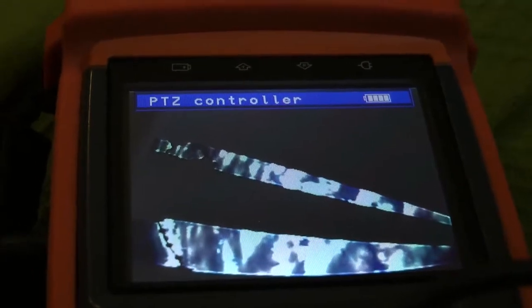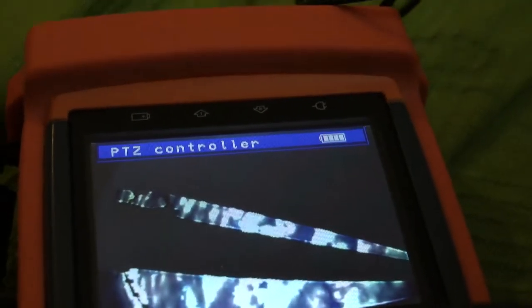and you position your camera wherever you want it as you look at this CCTV test monitor. Well, that's it, my latest toy,